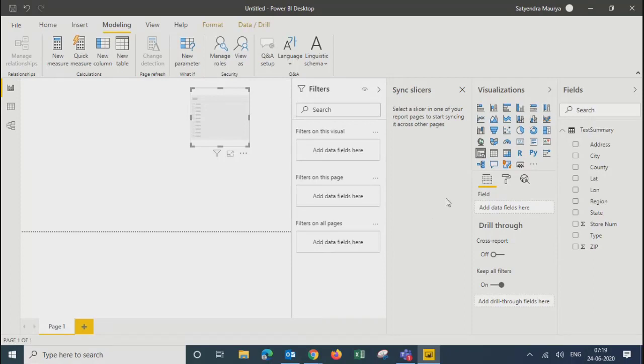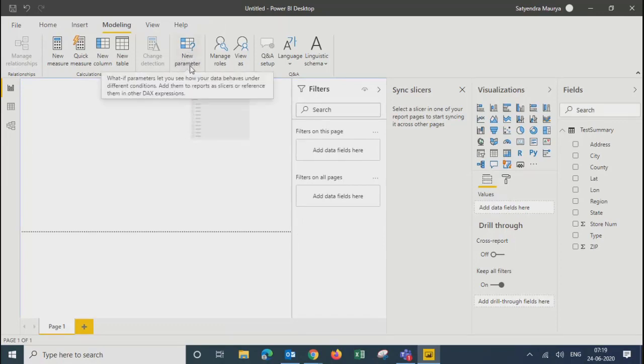Now how does a parameter work? To see that, over here, as of now there is no parameter in my database or in the Power BI desktop. That's why I can see this option called new parameter, right? Either I can click on new parameter over here, or I can go to the data transformation tab, and from there I can get the same or a similar option.